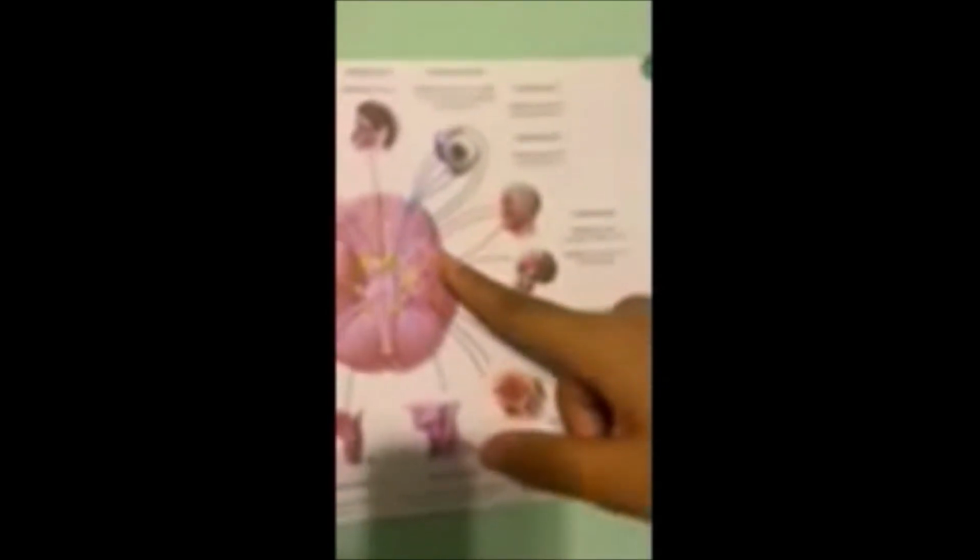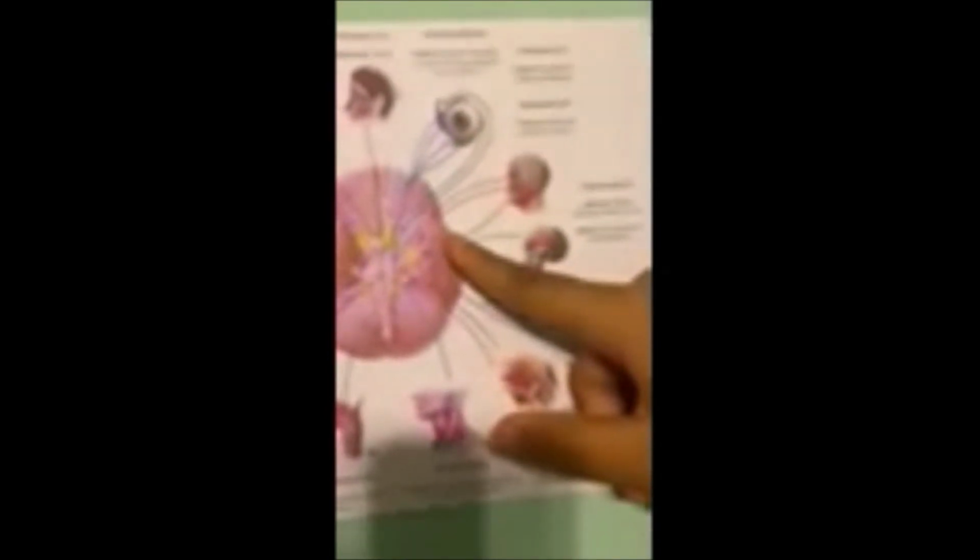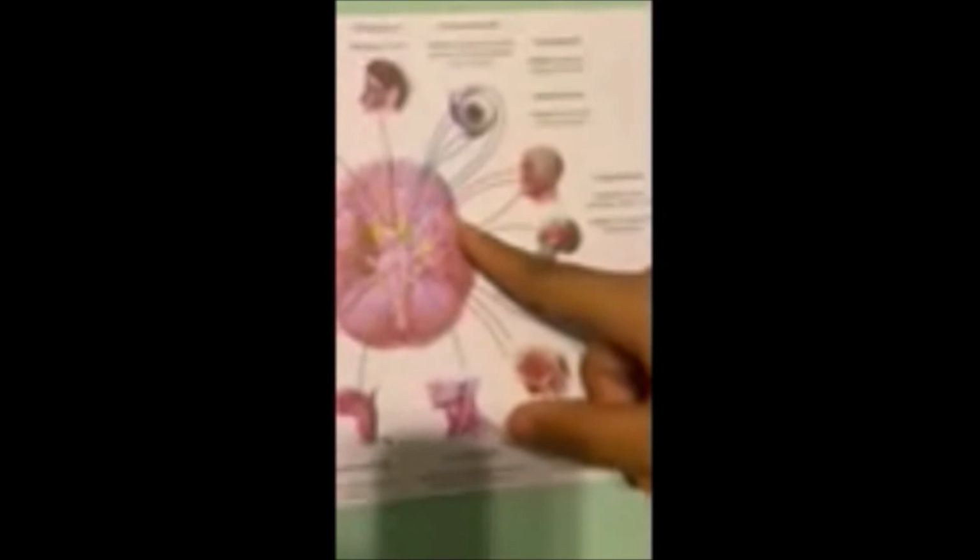Next, we have the trigeminal nerve. The trigeminal nerve has 3 divisions: ophthalmic, maxillary, and mandibular. The ophthalmic division transmits sensory information from the upper part of your face, including your forehead, upper eyelid, and nasal cavity. The maxillary division transmits sensory information from the middle part of your face, including your cheeks, upper lip, nasal